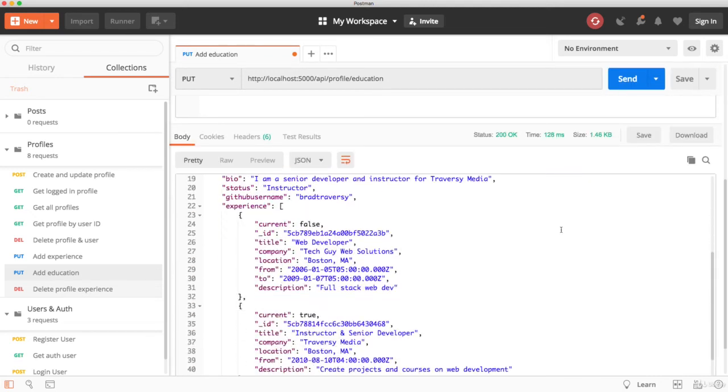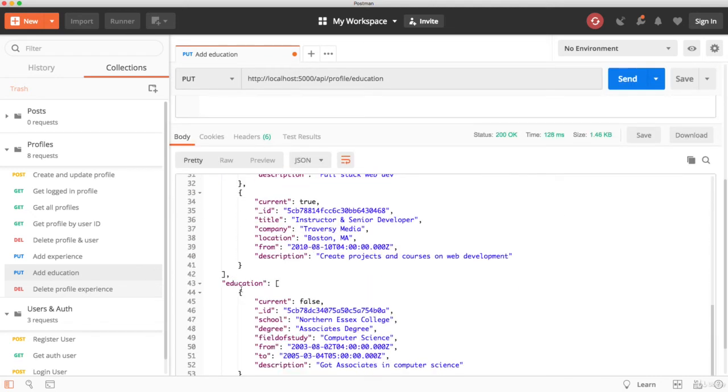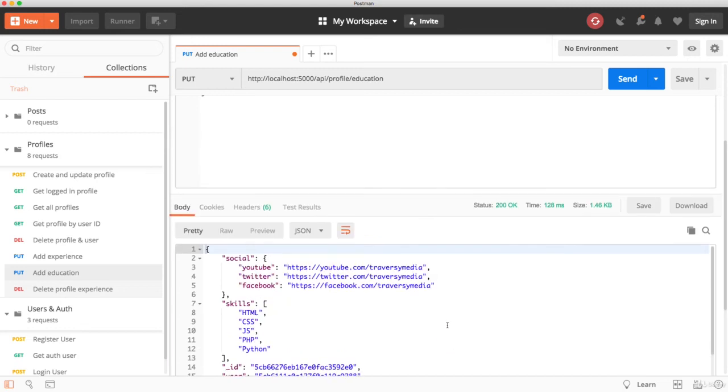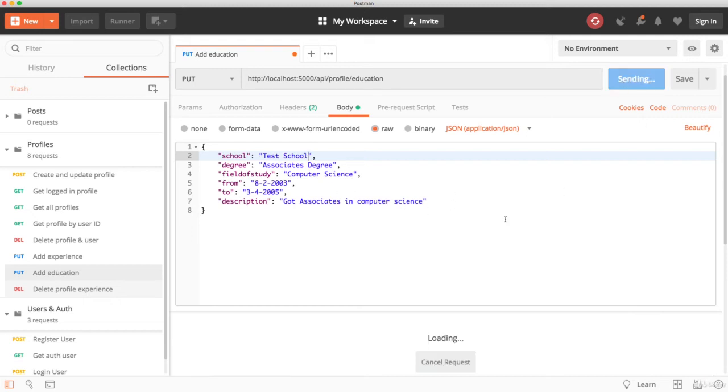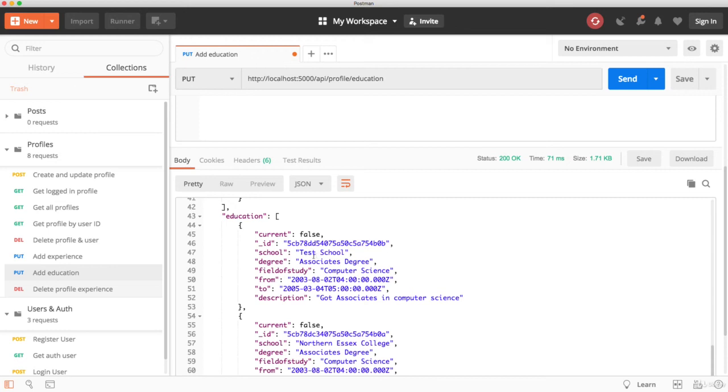So we get our profile back, and let's check out the education array, and you can see Northern Essex College has been added. Awesome. So let's add one to delete so we can test that out. I'll just say test school, and I'll just keep all the same stuff because I'm going to delete it. So we'll send, and that's been added. So I'm going to grab the ID now, and let's